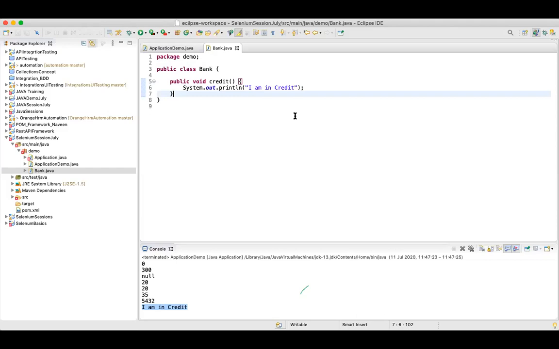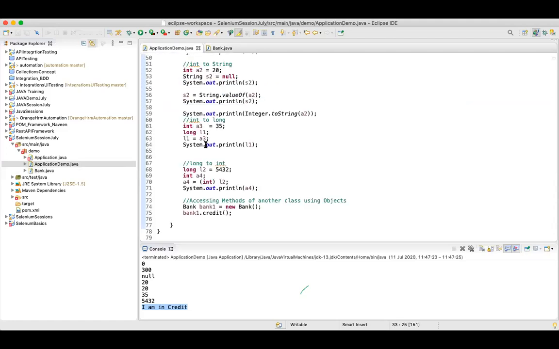And when we create an object of a class, this particular constructor is called. By called, what do you mean? It means it will execute. I am calling this credit method means it will execute the credit method.